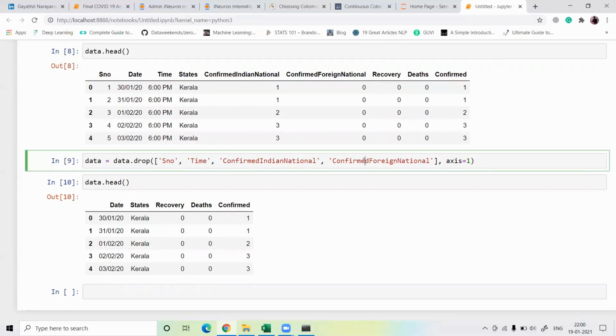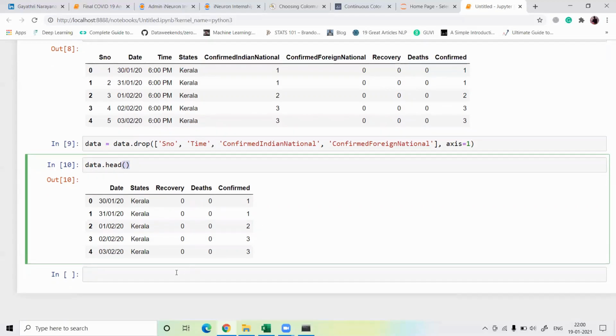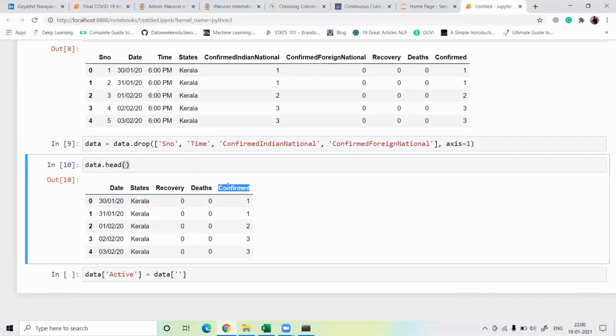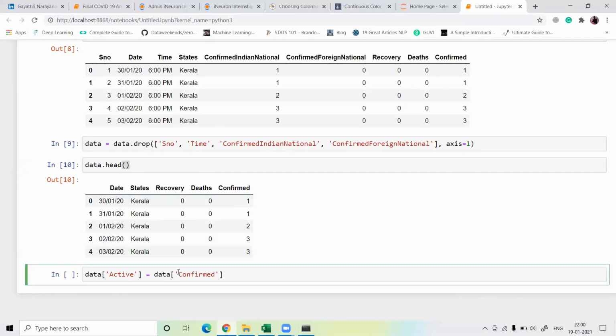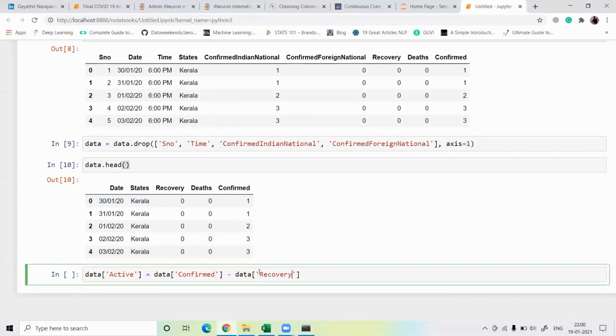Let's check the active cases. How many active cases are available? First of all I create an active column, active, and then I take the data confirmed case minus recovery case minus death case.